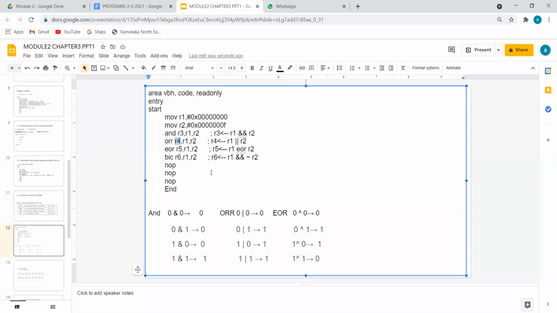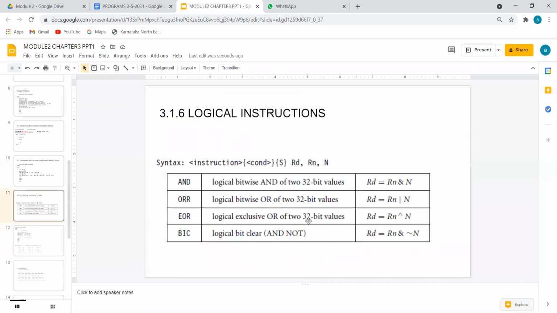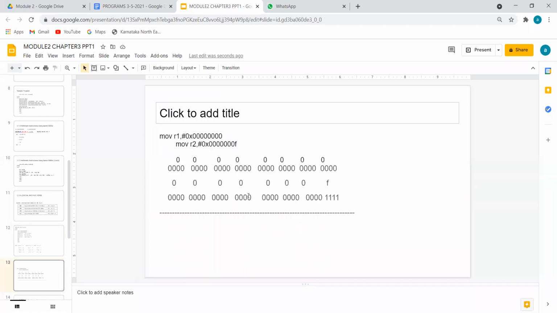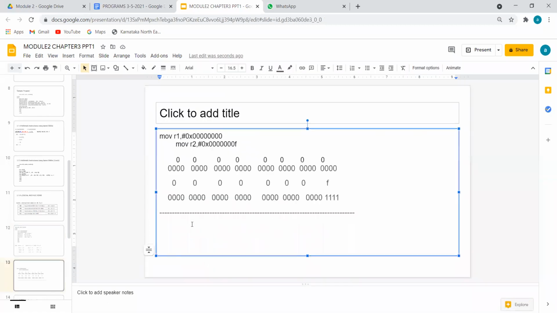Okay, so whenever we have to give the answer, try to give it in 32 bits. Why? There is a condition. See here, 32-bit answers. So even if you type, maybe some zeros will not be shown here. But what is the definite answer is here.